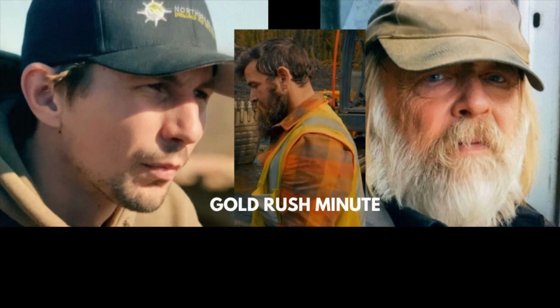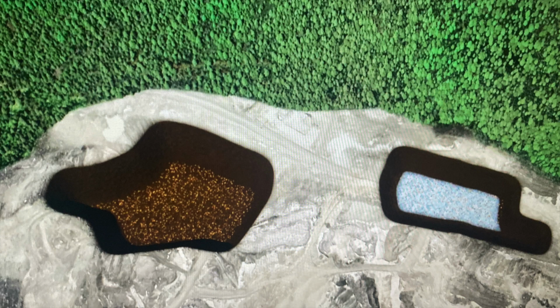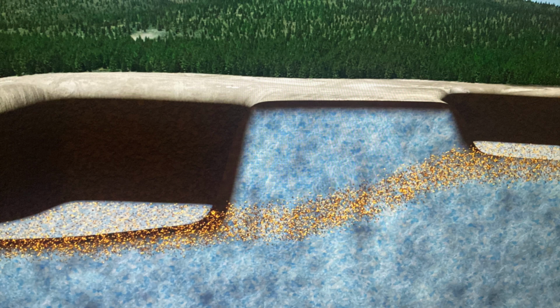This week on Gold Rush, Tony, Parker, and Fred were shown, and each one had to overcome different obstacles. So first up is Tony Beats. The Beats crew, they're running 24/7 between the blue and the cold cut. They're basically playing tennis here. They're stripping one, letting it thaw, while running the pay dirt from the other. Then they switch over and continue this process. This is actually a pretty good plan, letting the frozen pay dirt thaw while they process the thawed pay